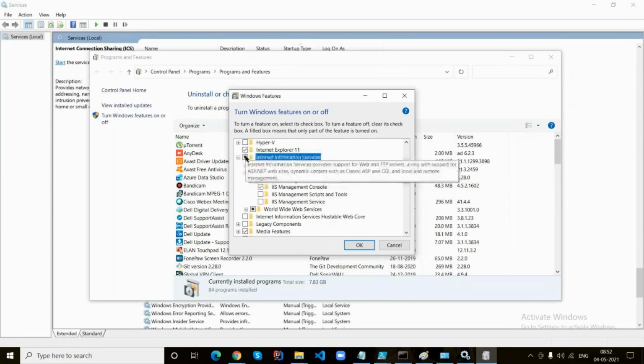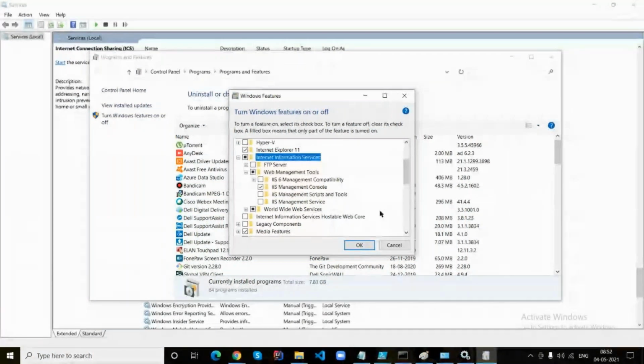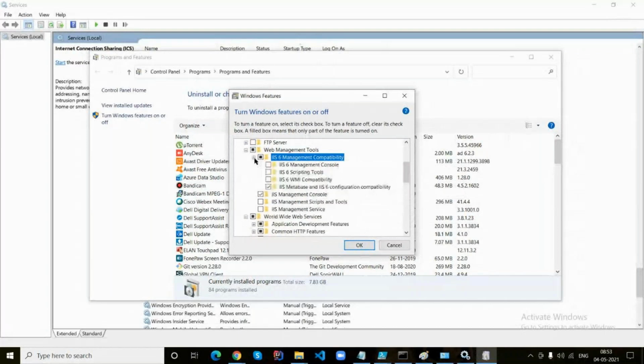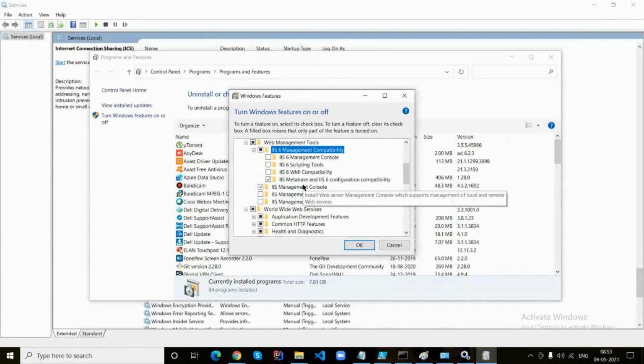Select the root level. Yes. Pick all IIS6 management compatibility, please. Expand it. Select everything under IIS6 management compatibility.